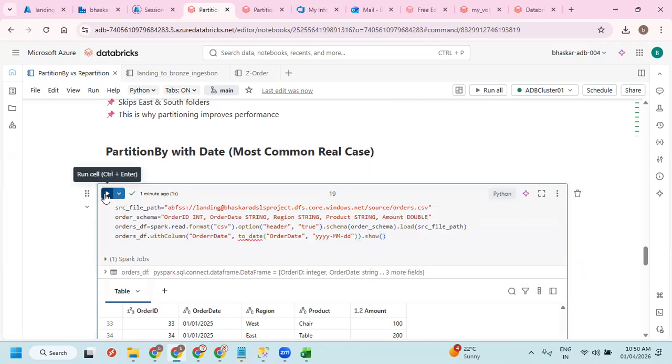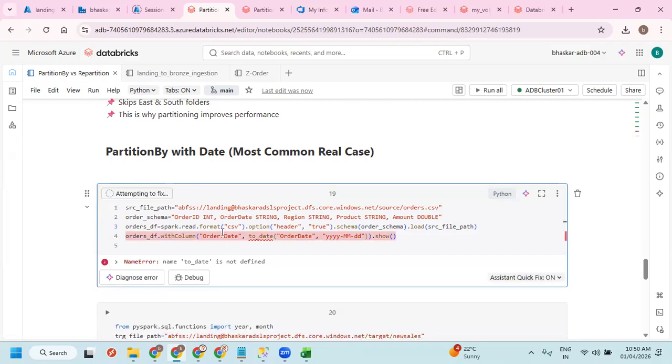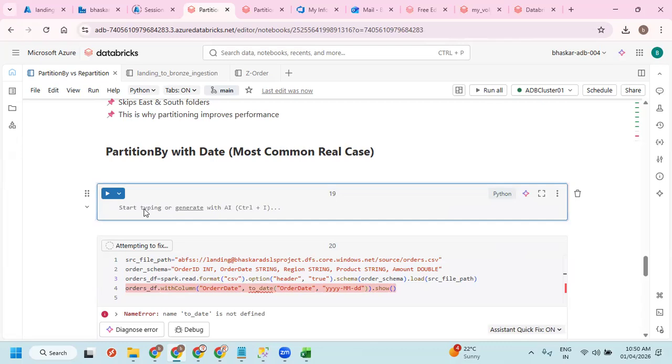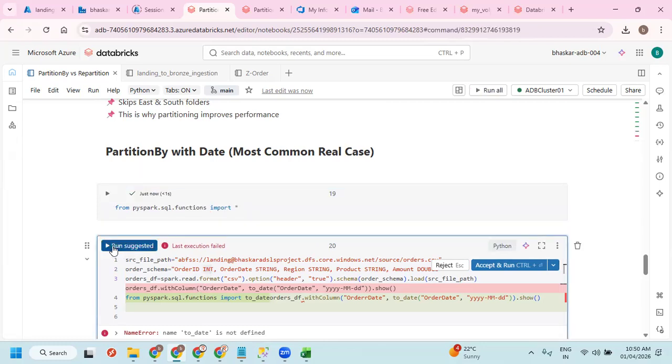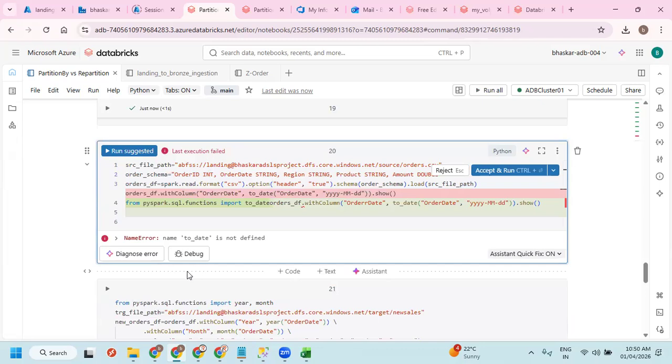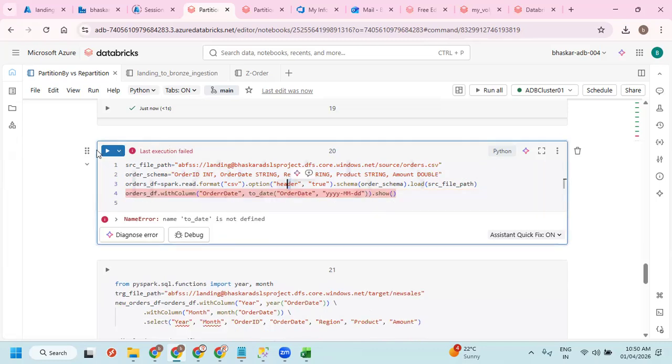Let's try. So to_date is available as a Spark SQL function from pyspark.sql.functions import star. There is the cancel here. Reject. Let me run it.